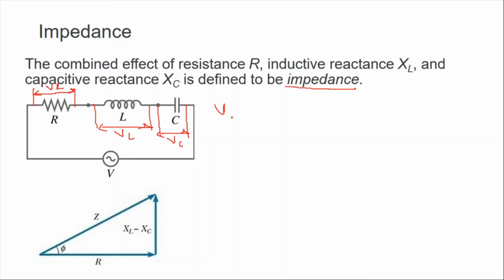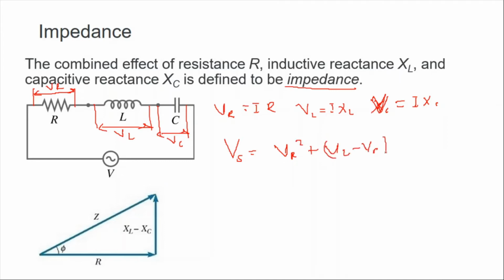For individual voltages, I'm going to write Ohm's law. It will be I times R. And for the inductor, VL will be equal to I times XL. And for the capacitor, voltage of the capacitor VC will be equal to I times XC. So from our previous slide, we showed that voltage of the source was equal to the square root of VR square plus VL minus